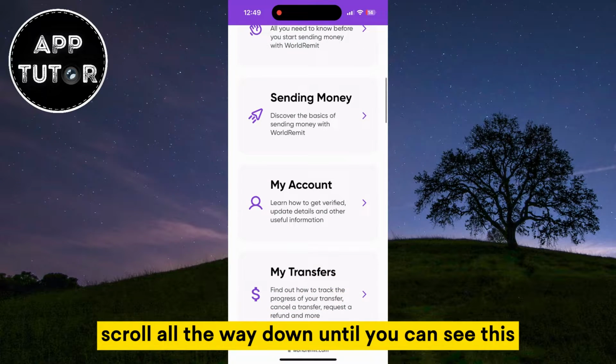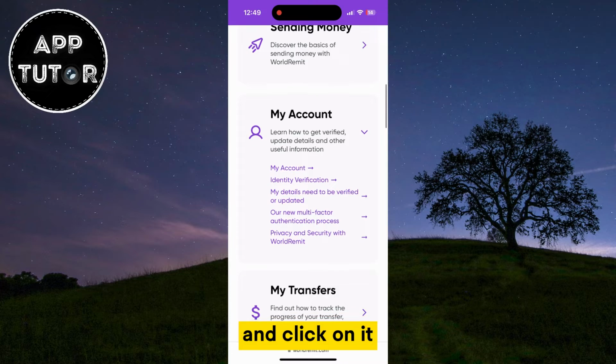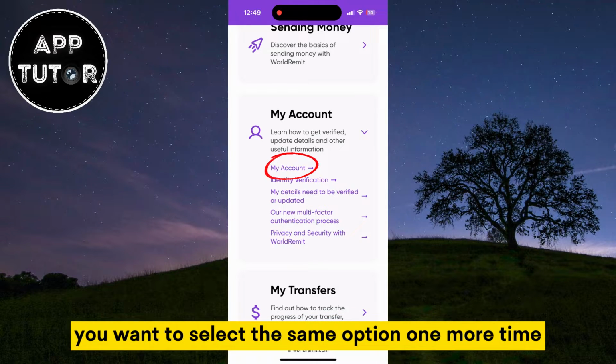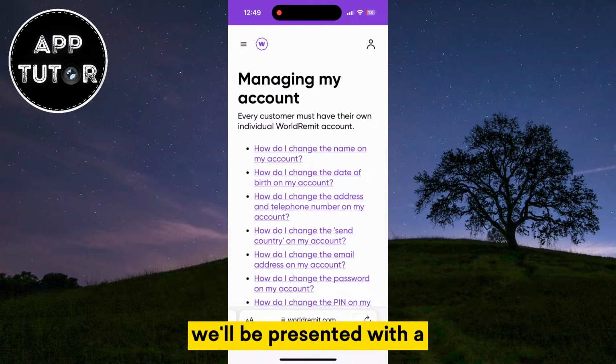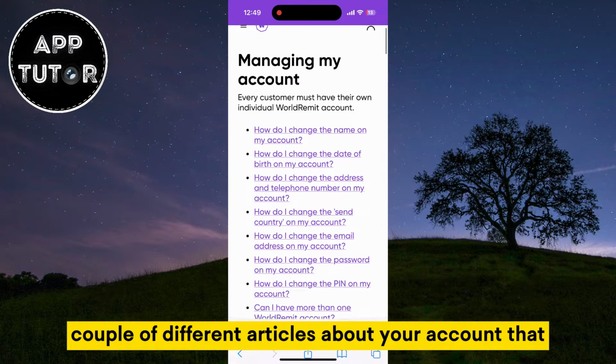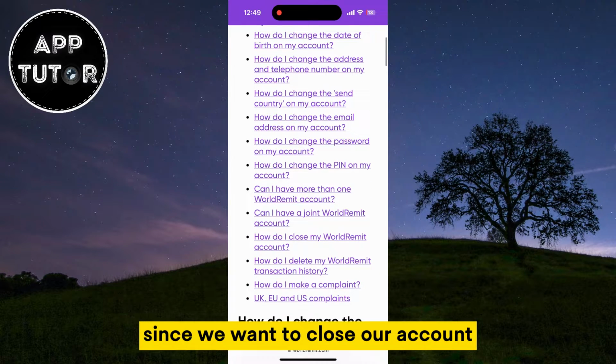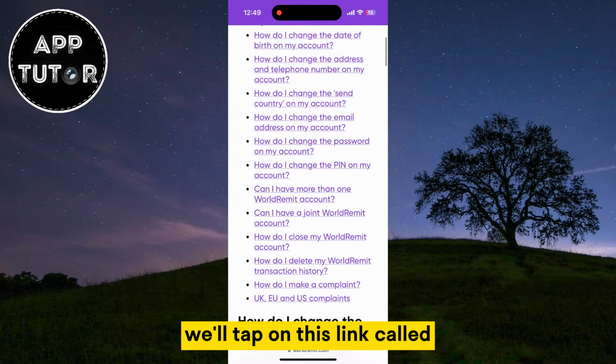Scroll all the way down until you can see this My Account button and click on it. Under My Account, you'll want to select the same option one more time, and then we can continue with deleting our account. When we get to this page, we'll be presented with a couple of different articles about your account that you can read. Since we want to close our account, we'll tap on this link called